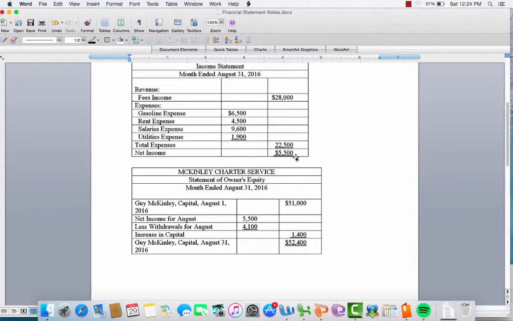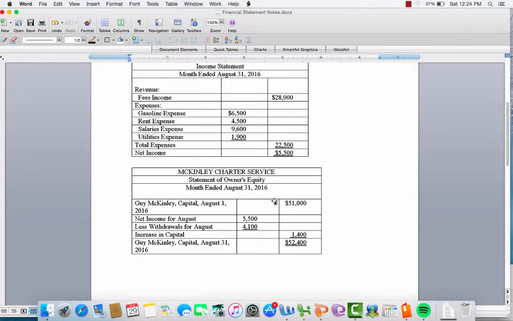Notice this $5,500, we're actually going to bring it down. So we're taking information from two different places now. And remember, I said we had to do that income statement first. If we didn't have this $5,500, well, we couldn't complete this statement. So we have to go through that order. Do the income statement first, then the statement of owner's equity, and we'll see we do the balance sheet very